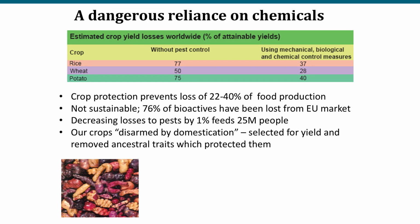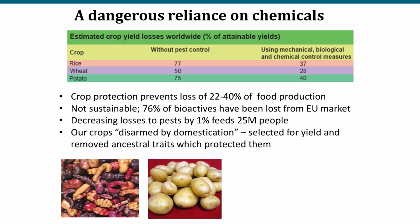So, does anybody recognise these delightful looking objects? One of our favourite food types. Potatoes. That's what wild potatoes look like, and this is what Sainsbury's potatoes look like. So, of course, what we've done is made them all lovely, smooth and uniform, much bigger, and they've lost this